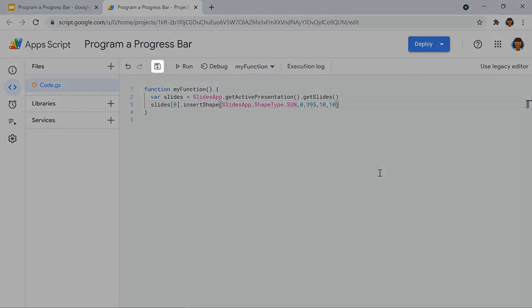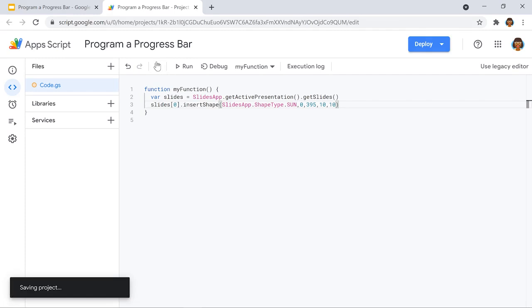In this lesson, you learn how to program a progress bar with shapes that become filled with color as you advance the slides. You use loops to save time and reduce the potential for errors while coding. To create the progress bar, you programmed and ran functions and variables,